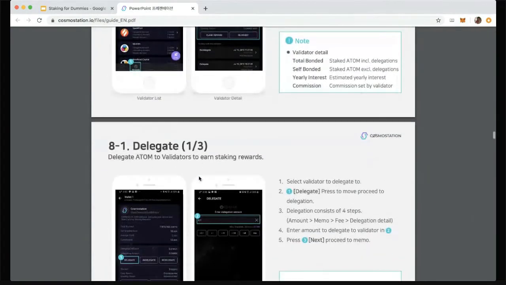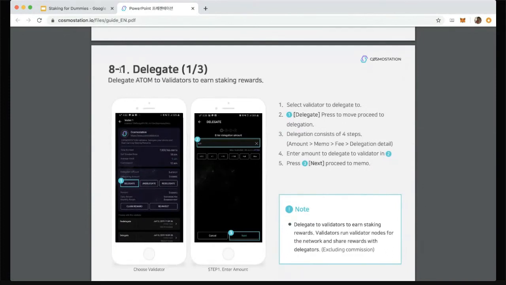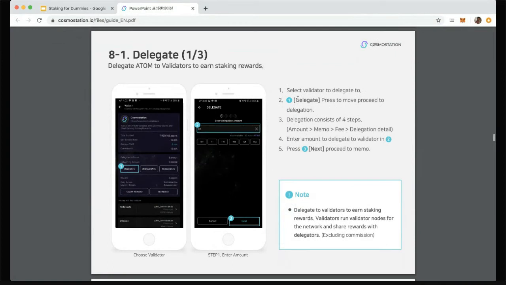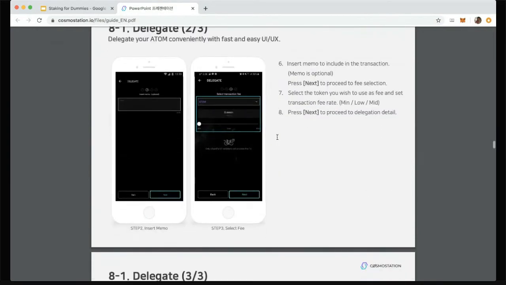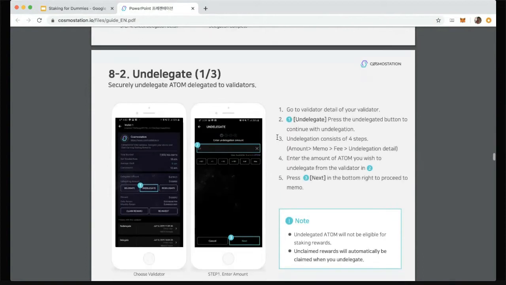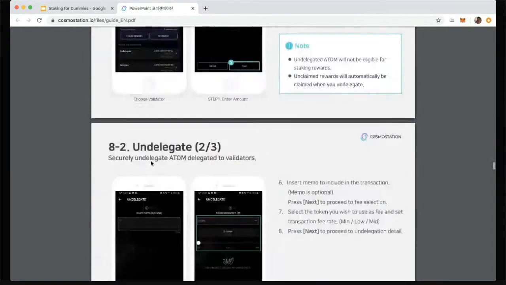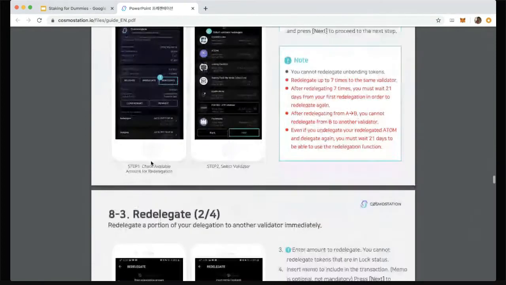But for us, what we're interested in is the delegate option. You can see it's pretty detailed. It will walk you through step by step on what you need to click in order to successfully stake. They also explain how you could unstake, undelegate, or restake.